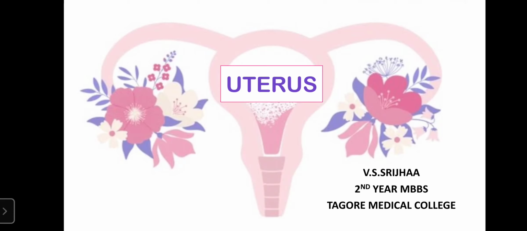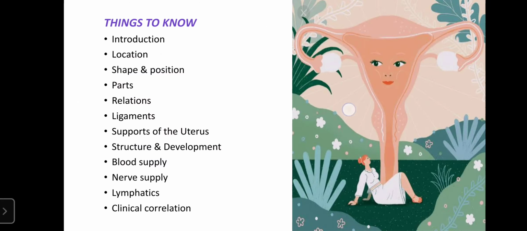So, in today's lecture, we'll be seeing about the uterus. The uterus is a very important question. This was the essay question asked in anatomy paper 1 also in the university. The important part is the supports of the uterus, where we'll be mentioning various structures supporting it. It may be quite confusing initially, so I'll try explaining everything in detail. So let's get into the session now.